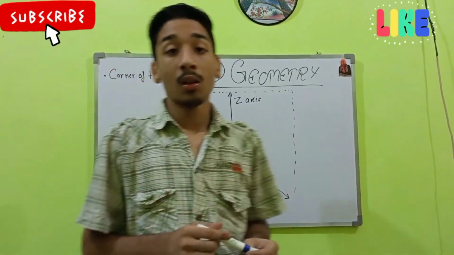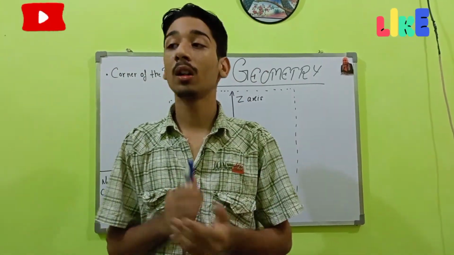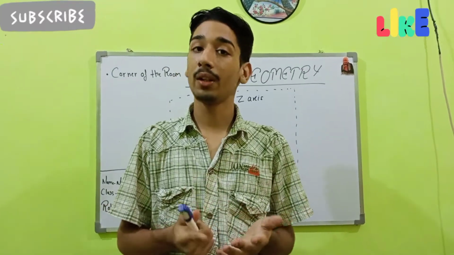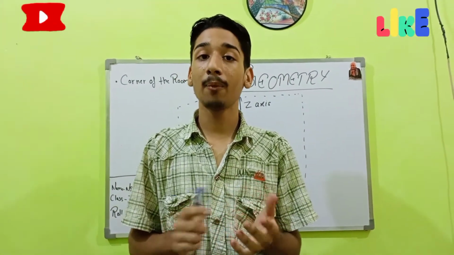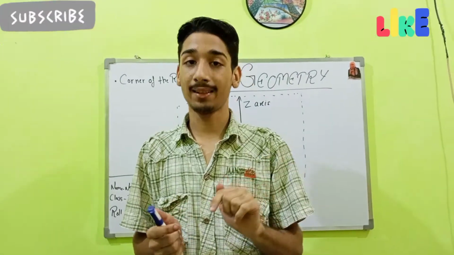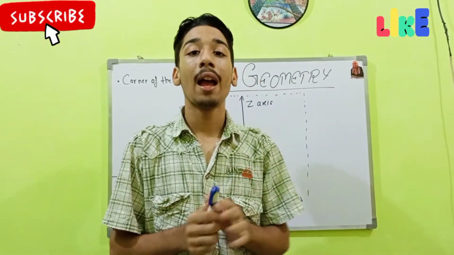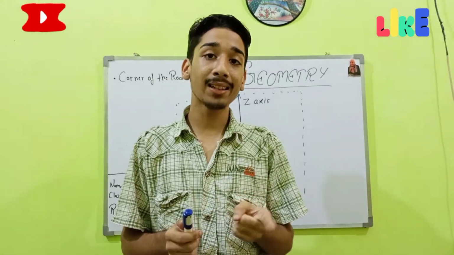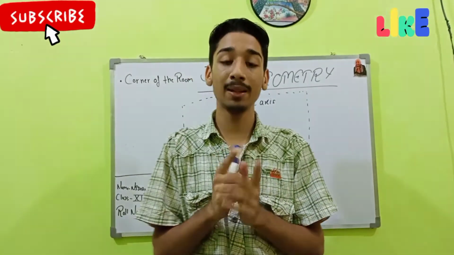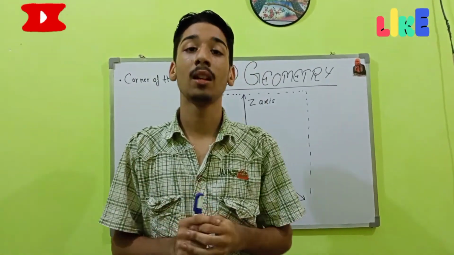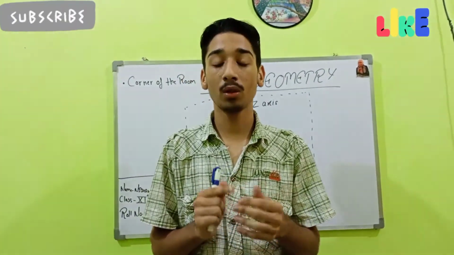In today's video I am going to show you my 3D geometry model. To understand this, you have to know about 2D and 3D. What is 2D and what is 3D? 2D is a shape in which you have X and Y axis. You can see a line. And in 3D, you have X, Y and Z axis. Okay friends, this is a major difference. It means it has one more axis. That's why 3D is more.